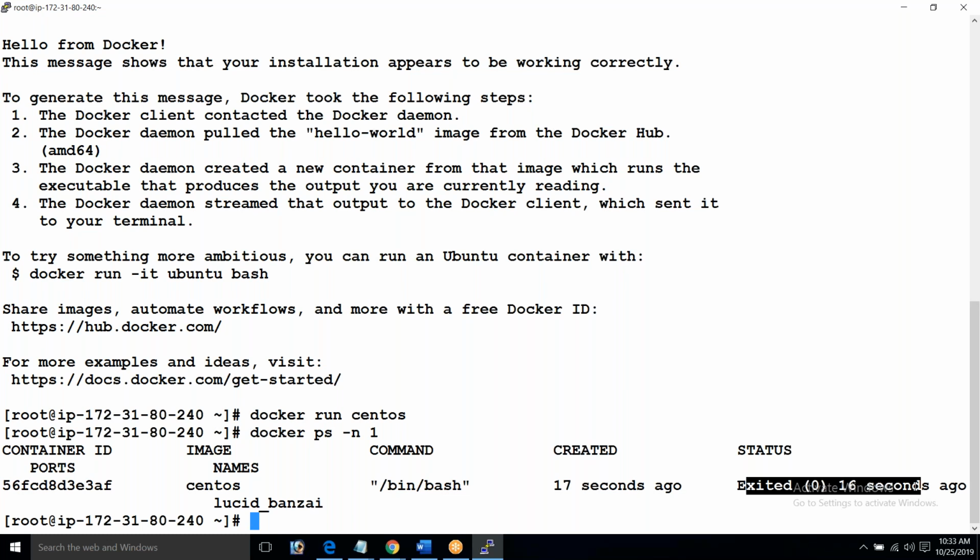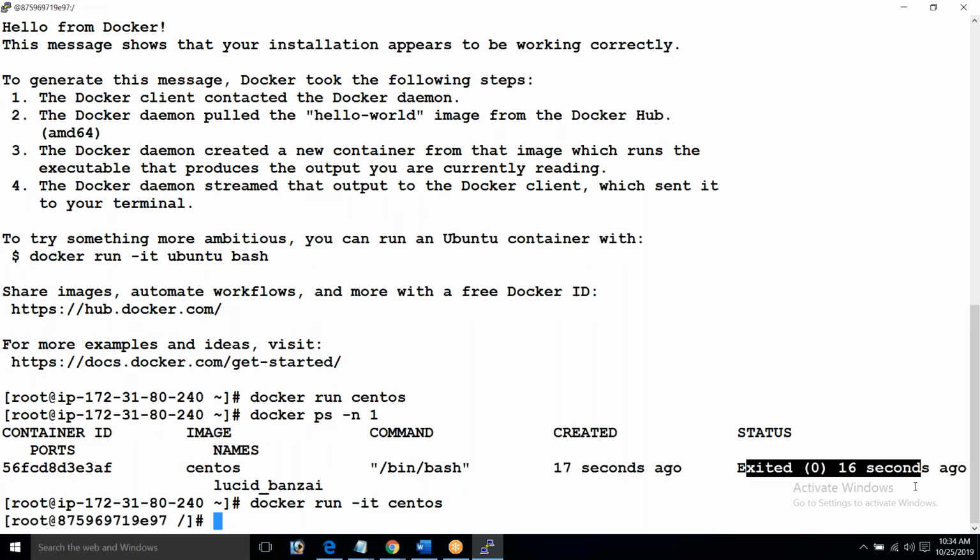But if you want the container to run continuously, you have to give what? -d for detached mode. But now the container has run, and it didn't give me the container name or anything. So let's see. docker run -it. What happened now?